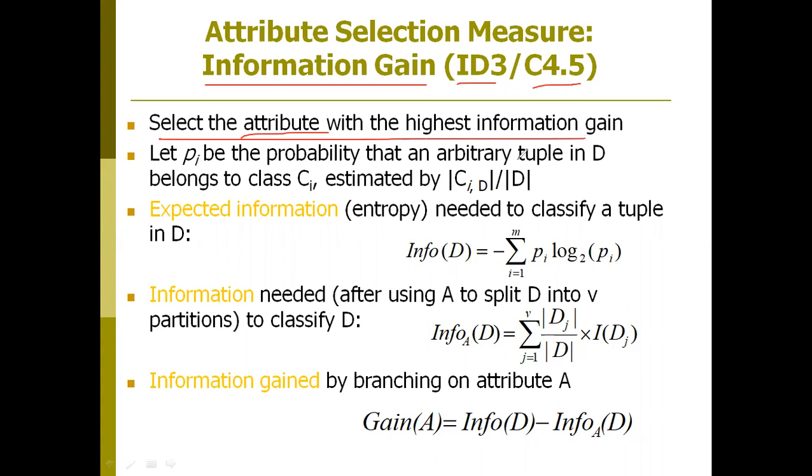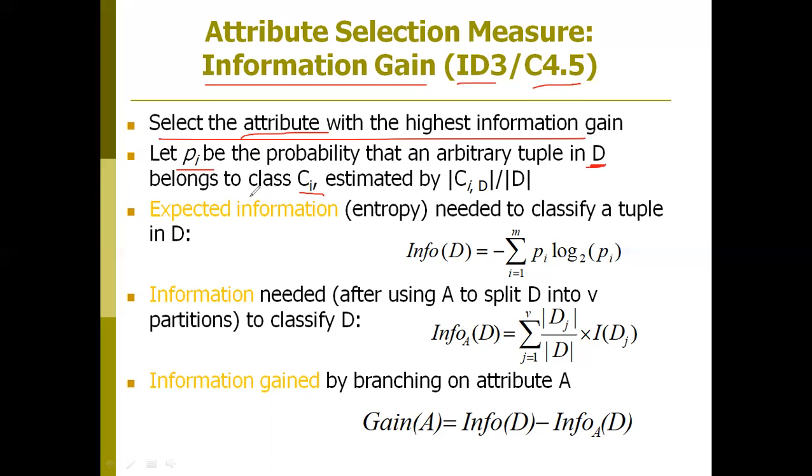For example, let Pi be the probability of belonging to D, D in the sense of the data set. Suppose there is a data set D. This D has class labels, class label 1 and class label 2. Class label 1 is yes, class label 2 is, assume, no. Yes or no, these are the two class labels under the data set.